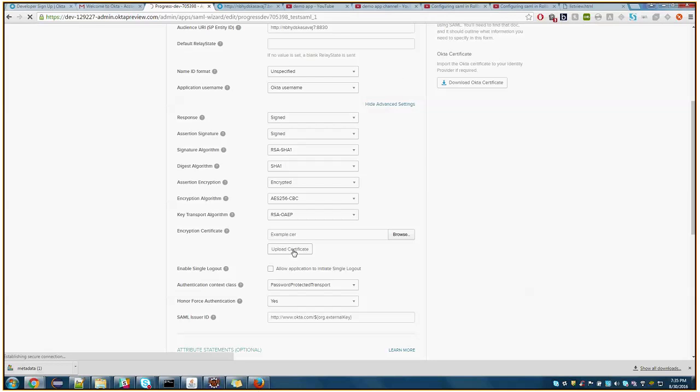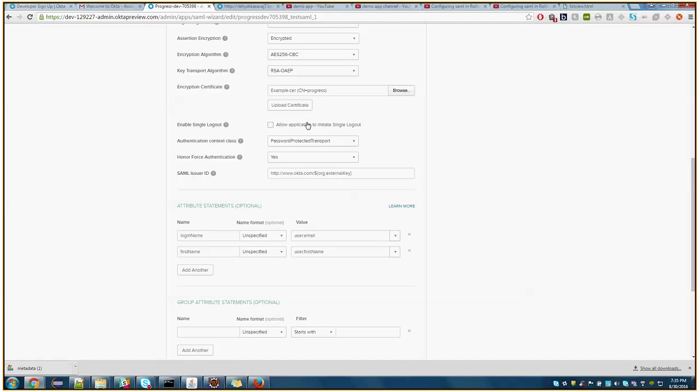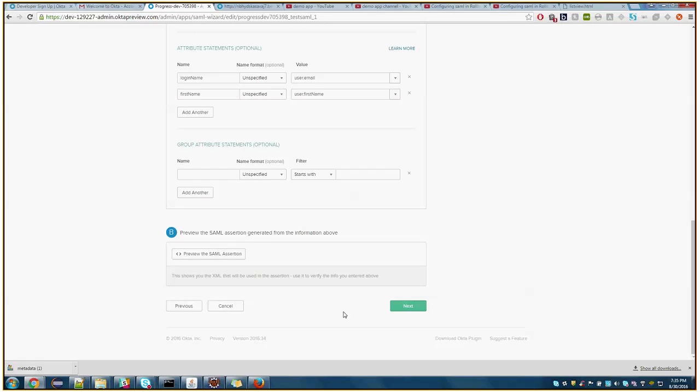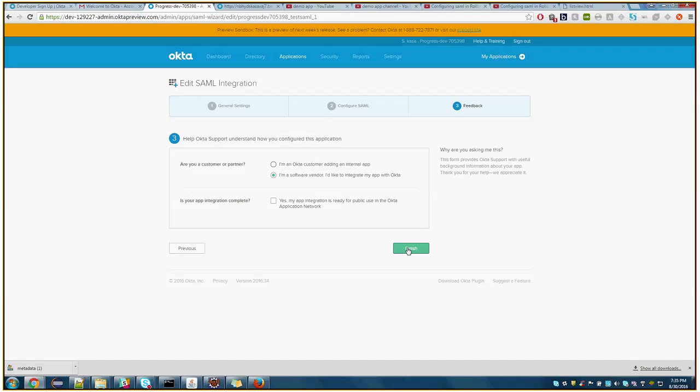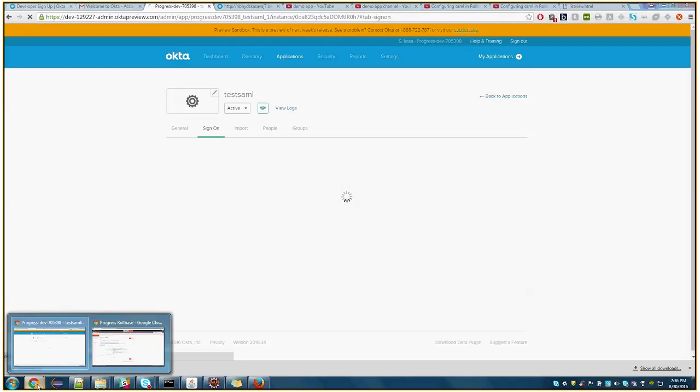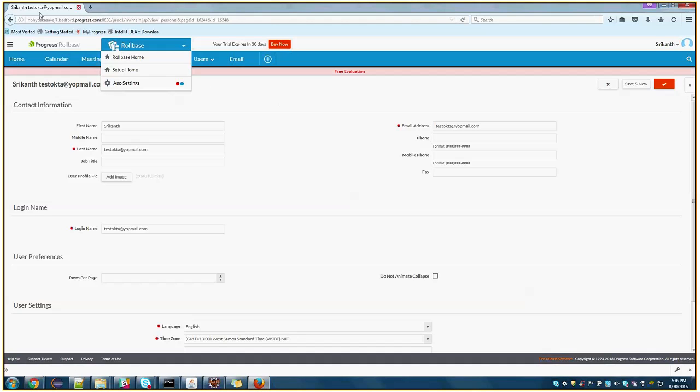So Okta does its stuff and the certificate gets uploaded. So now the encryption part has been enabled. So you can go finish this. And now if you try to log in back,